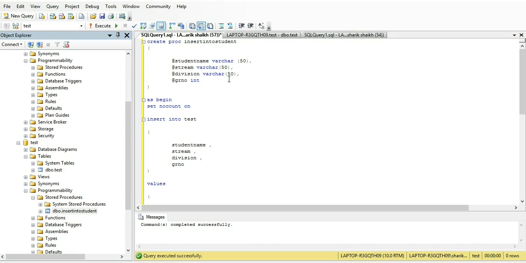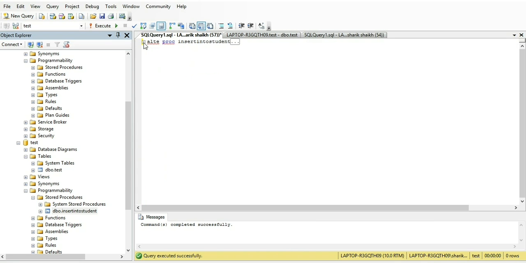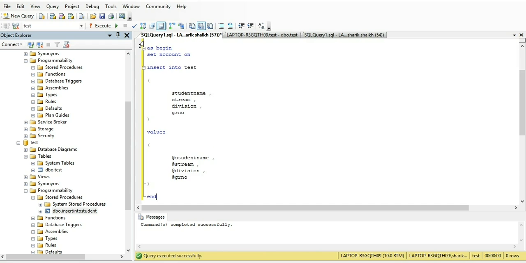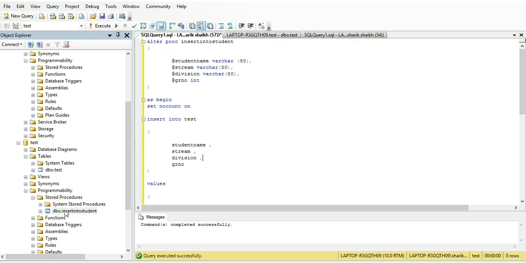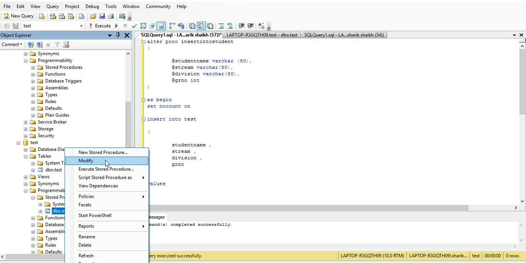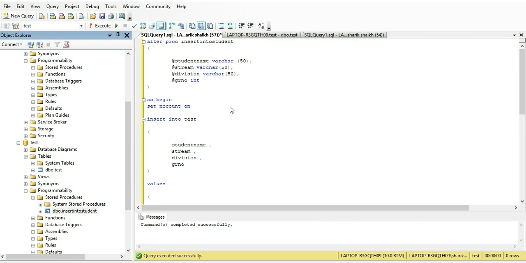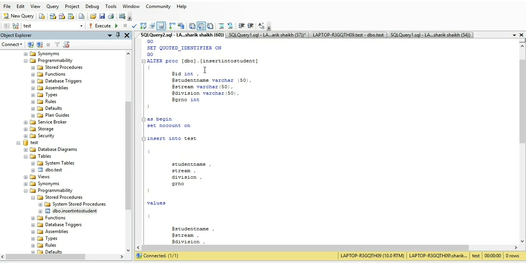It increments by default, so erase it and keep this procedure, save it, alter. Okay. Now right click on it, modify it, erase this ID